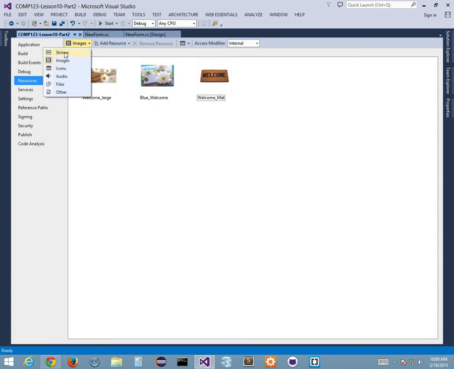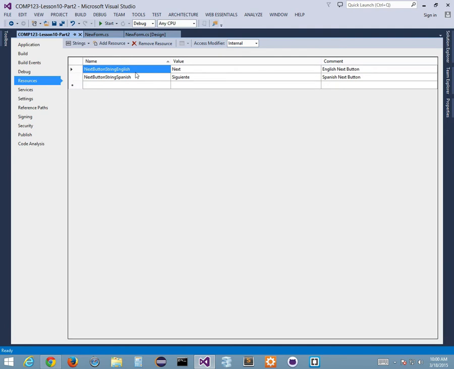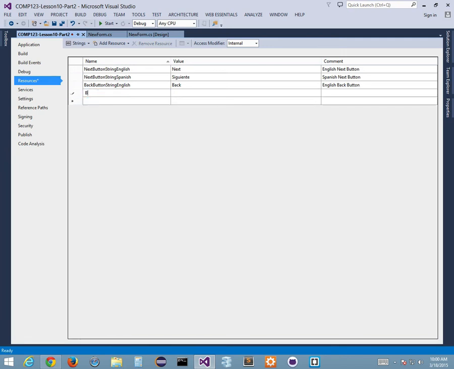So now I'm going to go back to strings. And I've got my next button string English, my next button string Spanish. I'm going to create a couple more. So I'm going to say my back button string English. Well, that's just back. English back button. And my back button string for Spanish as another resource. And it's going to be called